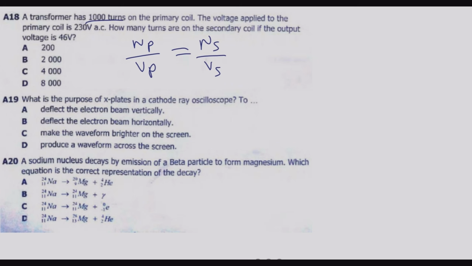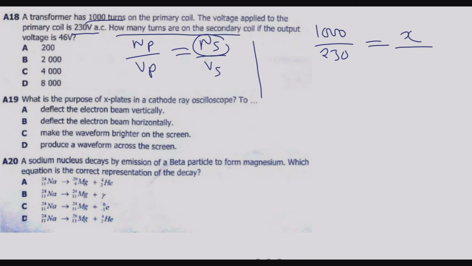So we can go on now to simplify this. So we have 1000 in the primary over what's the voltage in the primary? 230. So 230 volts is equal to the number of turns in the secondary, which is what the question is asking us to find, so X, over the output voltage, which is 46 volts. So we cross multiply at this point. Cross multiply. So we are going to have 1000 times 46 is equal to